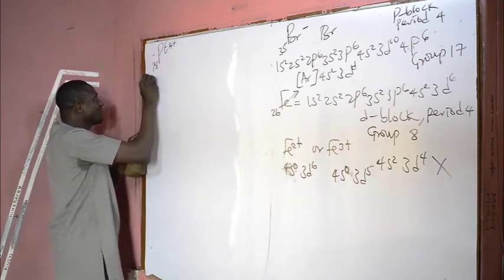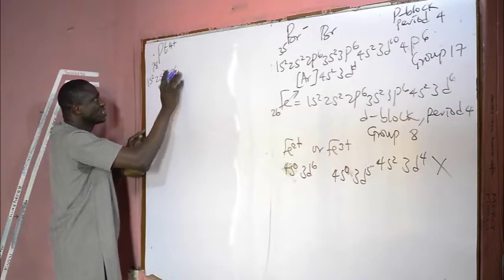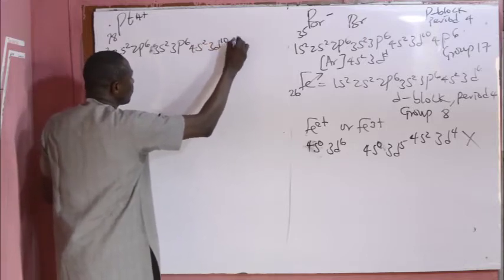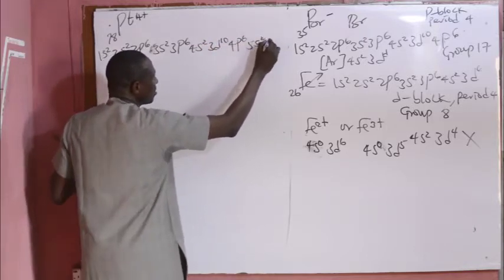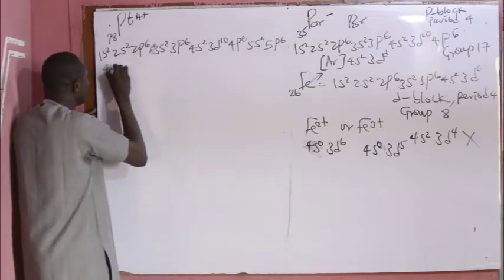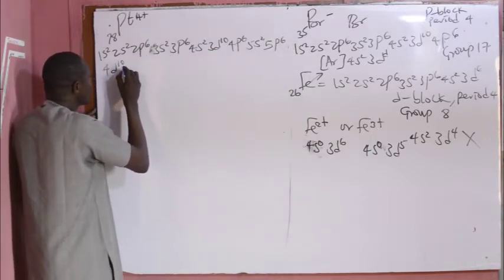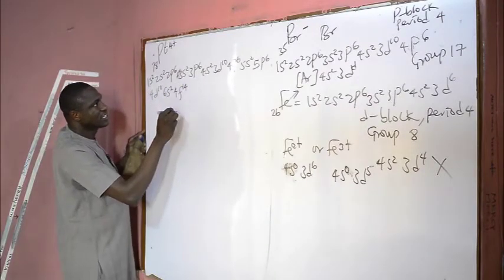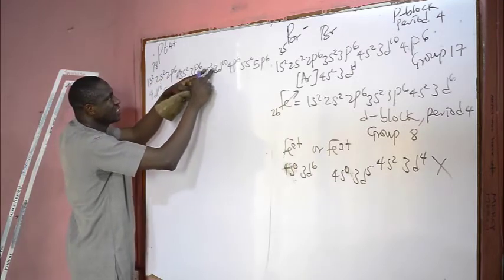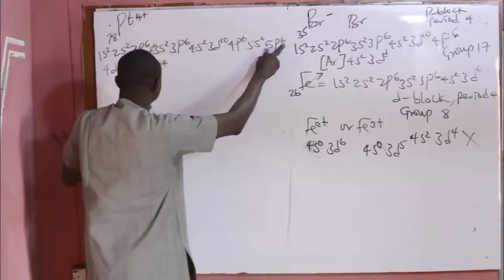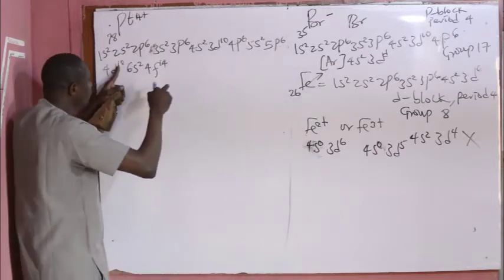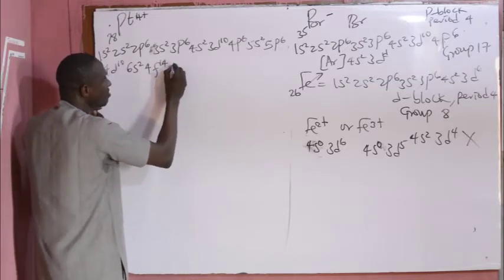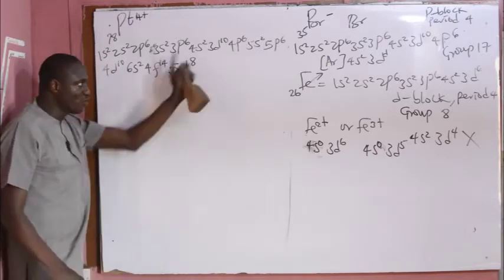78. So here we have 1s2, 2s2, 2p6, 3s2, 3p6, 4s2, 3d10, 4p6, 5s2, 5p6, 4d10. Then we have 6s2, 4f14. Then we have what? This is 10, 18, 20, 30, 36, 38, plus this. That is 44, 54, 56 plus 14, 70. We are going to 78. Then we have 5d8, if you follow the ordering of orbitals.